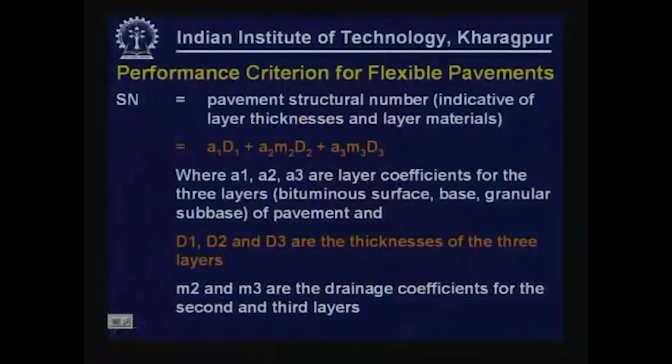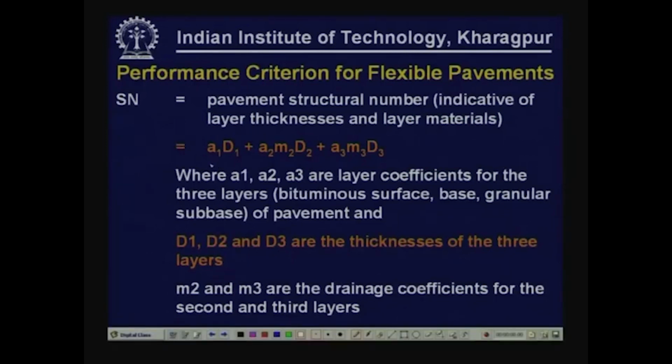So pavement structural number is indicative of the layer thicknesses and also the materials that are used in the layers. This is given as the summation of the layer coefficient and thickness of each layer. That is, if you consider a typical 4-layer system, the 4th layer being the subgrade. So above subgrade, if you consider there are 3 layers, the top layer being typically bitumen surface layer, second layer